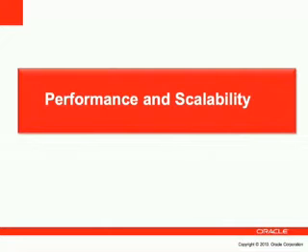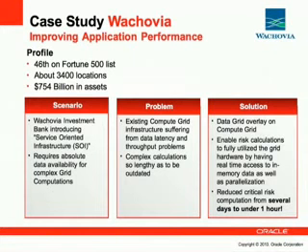So let's just go through some use cases briefly and talk about how customers are using Coherence. First, performance and scalability. Wachovia are using Coherence for their data grid and their compute grid. At Wachovia they have a lot of servers which perform computations, and they split the computations and spread them across their compute grid. So they have a huge amount of processing power available to them. The bottleneck then becomes data, getting data to the compute grid nodes fast enough. And that's where Coherence came in.